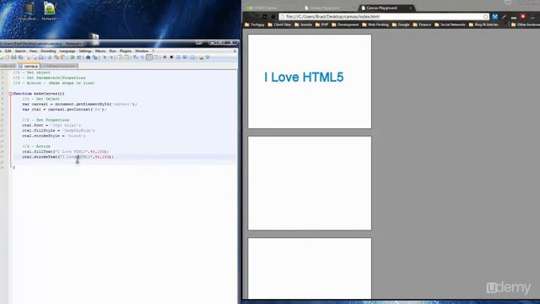So you'll see if I write, let's say, I love you HTML5 and we save, and this is just the stroke, we're doing this. If we reload, you'll see just the stroke has spelt out I love you HTML. So you gotta make sure it's the same, unless you're trying to do something else. But if you want to add a stroke to the fill text, it has to be the exact same. So that pretty much does it for this canvas, the text canvas. Now I'd like to move on to the next one. And this one is going to be